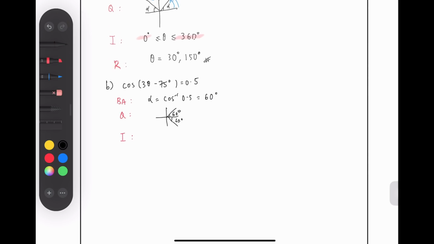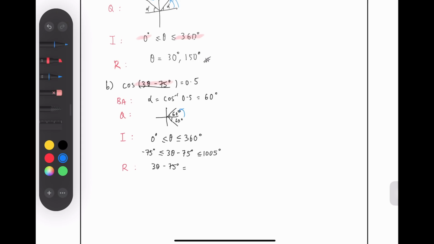For the interval, we start off with 0 to 360, but since the question actually asks for 3 theta minus 75, we have to multiply by 3 and deduct 75. So it's going to be negative 75 until 1005. And for the rotation, it's going to be 3 theta minus 75 degrees equals to,